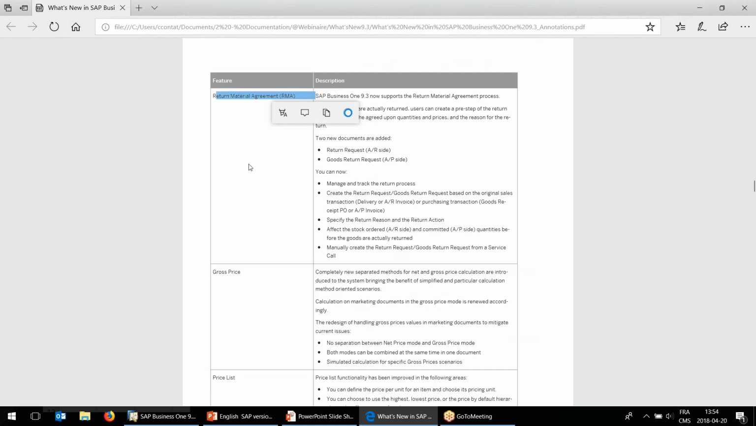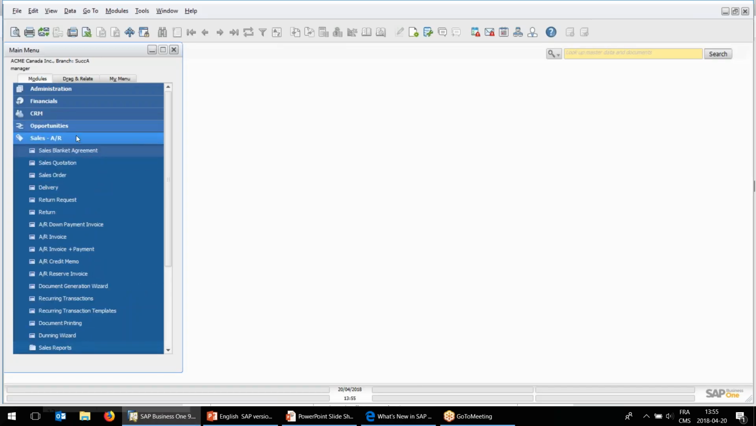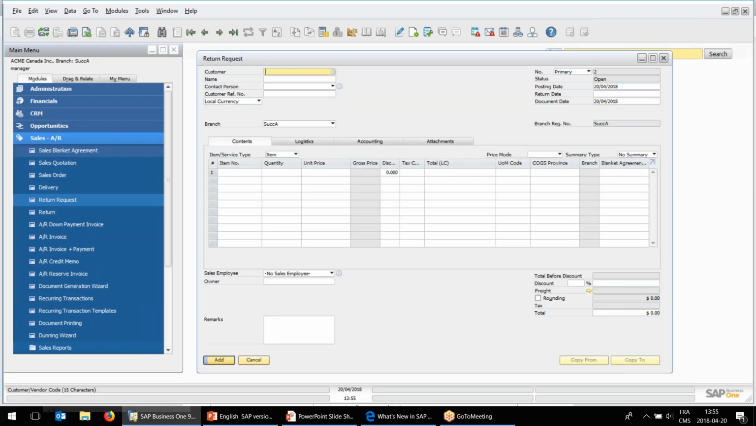Okay, we have a brand new feature that is called Return Material Agreement, RMA. Before the goods are actually returned, the users can create a pre-step of the return document and enter the agreed upon quantities and price and the reason for the return. It works on both sides, the AR and the AP. I have created a return request on the AR side,